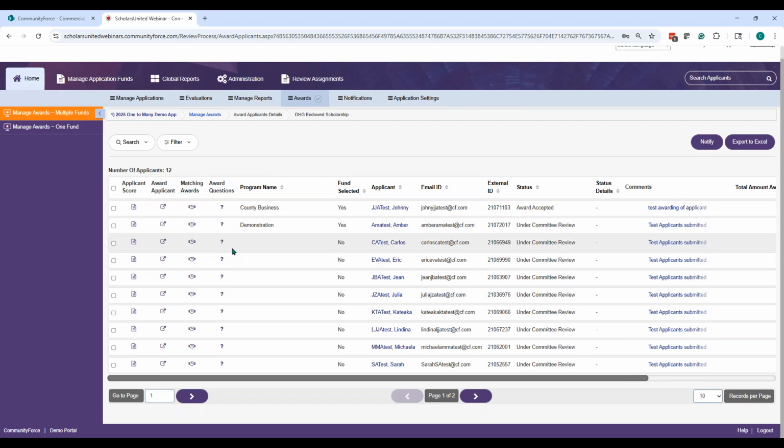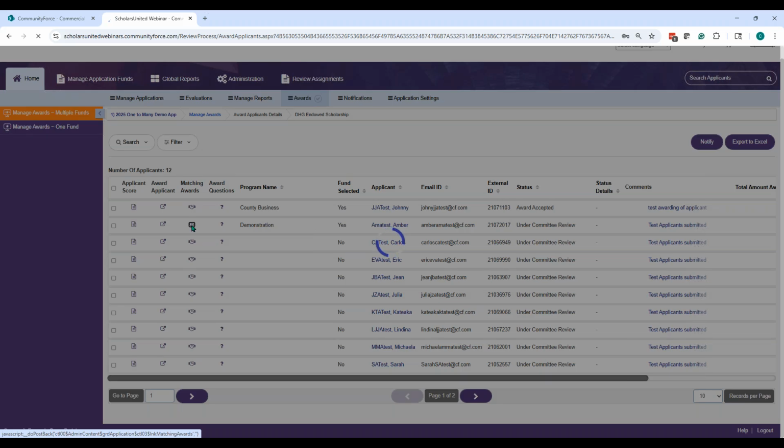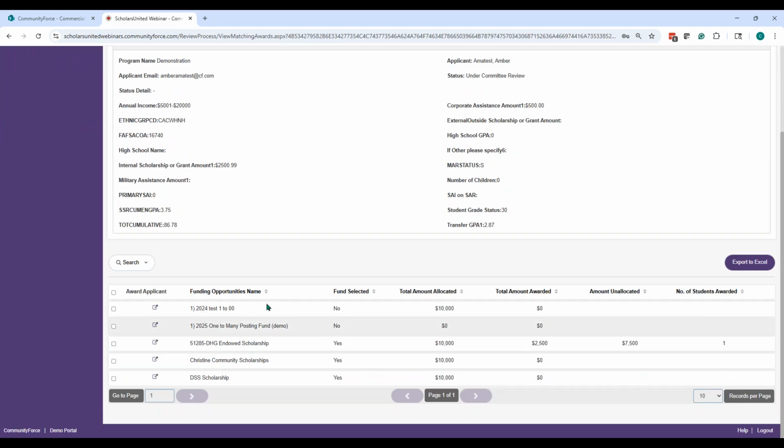In the application question, there was a toggle that says show on award screen, and those are the questions that show up. Now, another scenario: since applicants get matched to multiple funding sources, you might be curious, okay, I want to award Amber in this funding source, but what else has she been matched to? So you can click this little matching awards icon, the little hands, and it's going to pull up a list of all the different funding sources that she's currently matched to. I can see that she is matched to a couple of different ones, so I might want to quickly look at those and compare her score, go back and forth, and make a determination of which scholarship I want to give her.